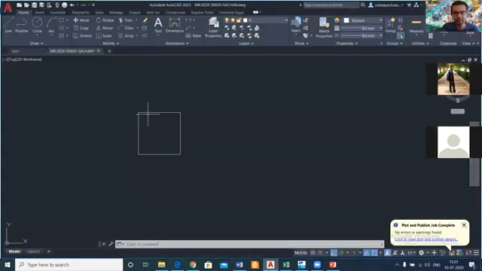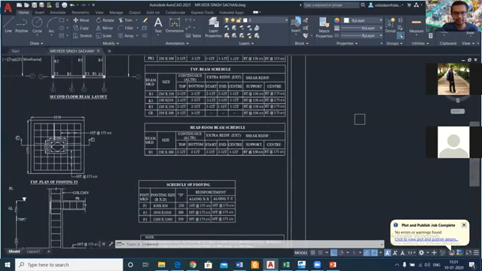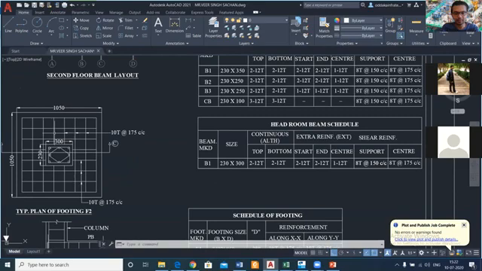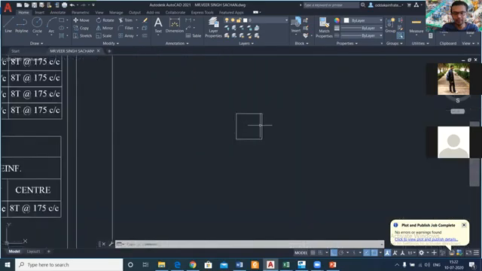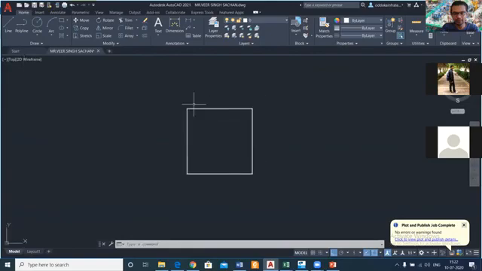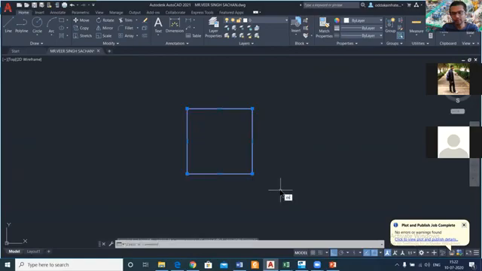So this is the size of the footing. So its size is 1050 into 1050, and inside it we have 10 mm bars which are placed at a spacing of 175 center to center. So let us now calculate the number of bars which will be given. So first let us explode this, so that this rectangle is in different parts. So suppose this is the 10 mm bar, and this is to be placed at a spacing of 175 center